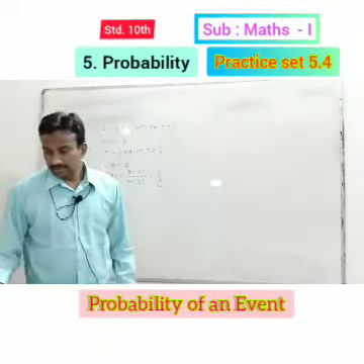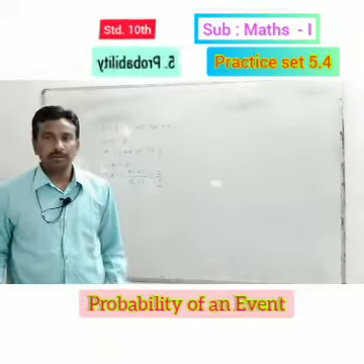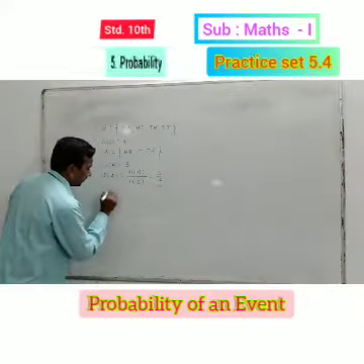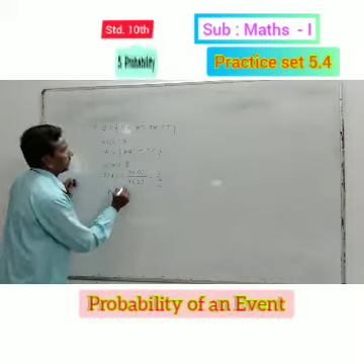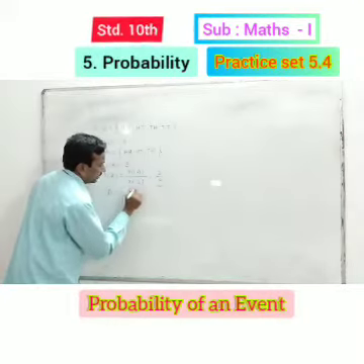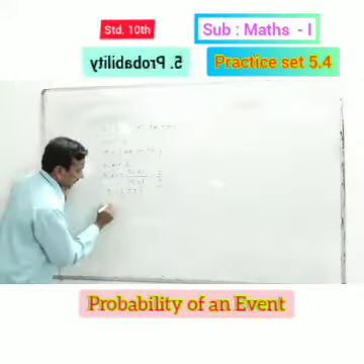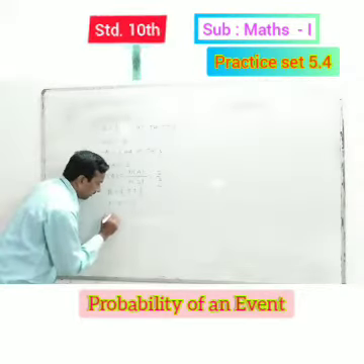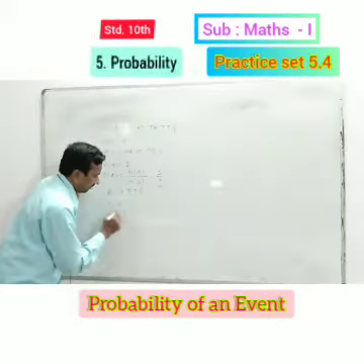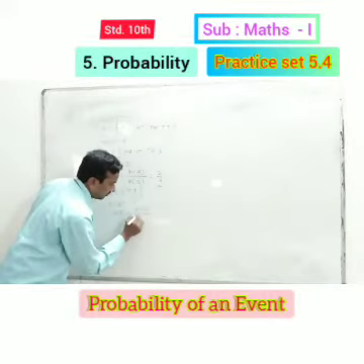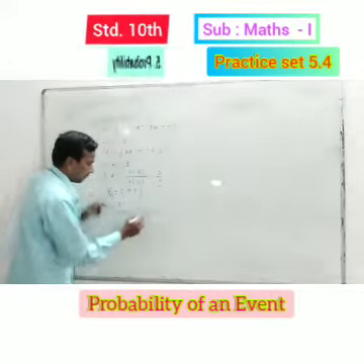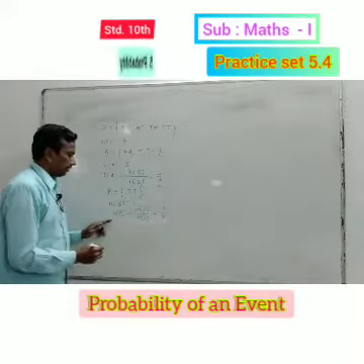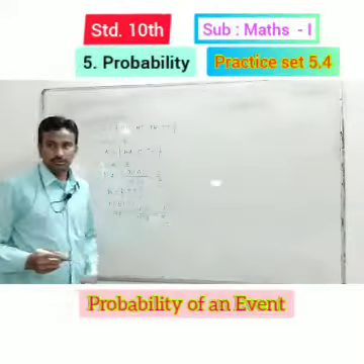Now, second condition is getting no head. Let B be the event of getting no head. There is no head in event B, means select only TT from the sample space. Therefore, number of B is 1. Now, again find the probability of B. Probability of B is number of B upon number of S. Number of B is 1 and number of S is 4. Therefore, probability of B is 1 upon 4.